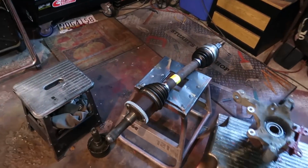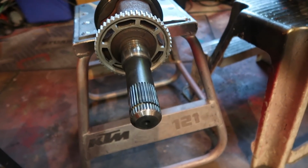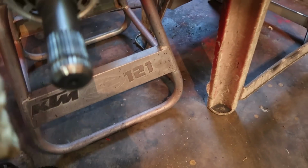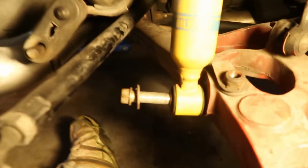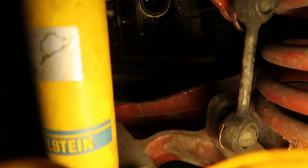Alright folks, the new axle is here, as you can see, and what we're going to do is notch the end of the axle just like you see what's done here, because on the inside of the diff, you should actually be able to see it. This is a plated and welded diff. It's a fairly unique setup just because it's not very common on this car. So on a solid axle you won't really have these issues, but if you look way up there